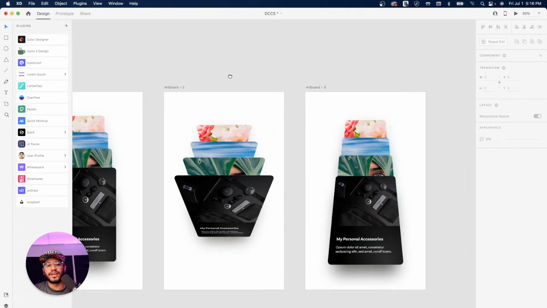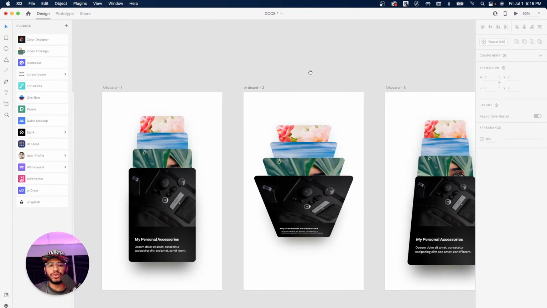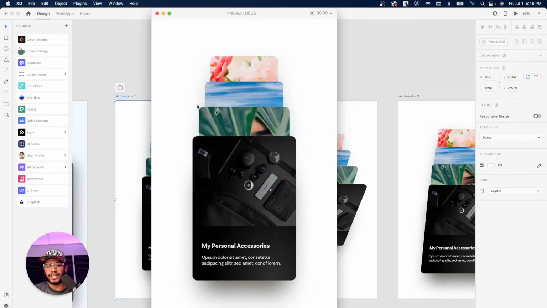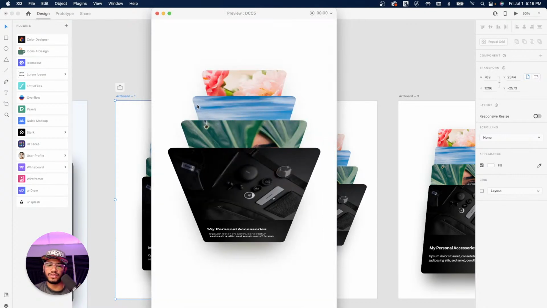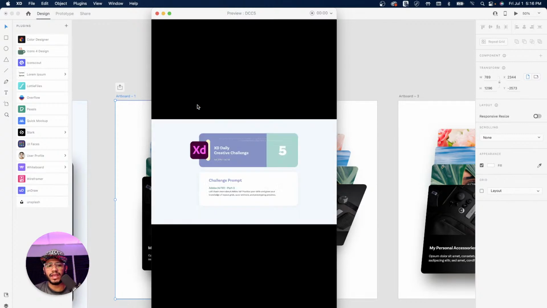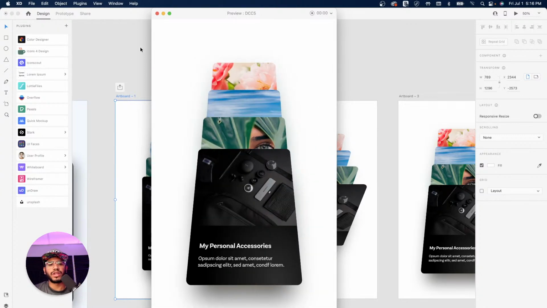All right, so if we wanted to animate this, I'm gonna show you what this does right now. It's not gonna do anything, so we're just gonna play this. So if we go to the next one, it just shows like that. We use a 3D transform there, and then like that. And then if we go back again, 1, 2, 3. So what we're gonna do is just auto-animate this to make some motion,